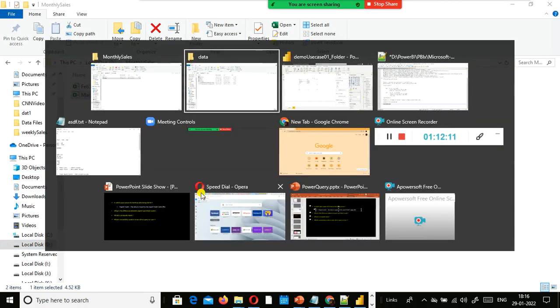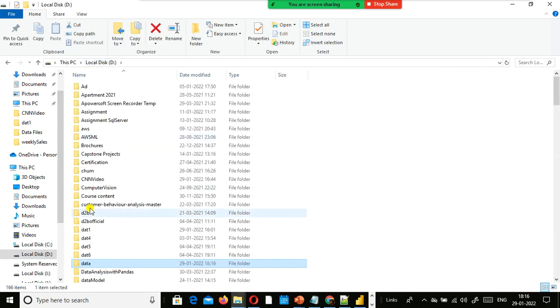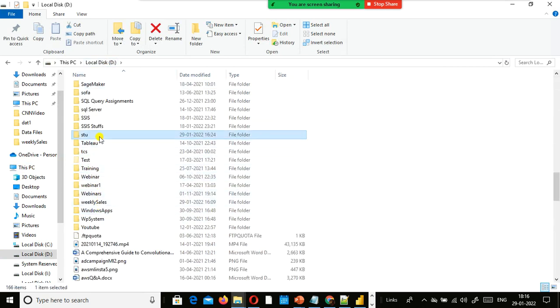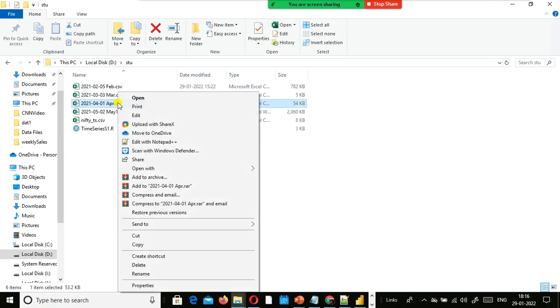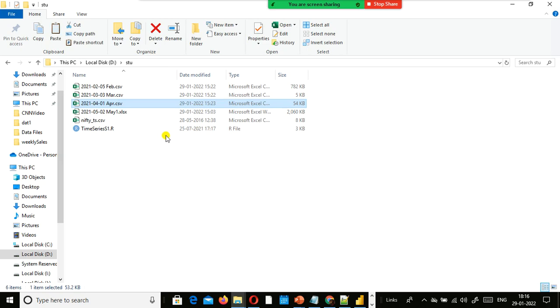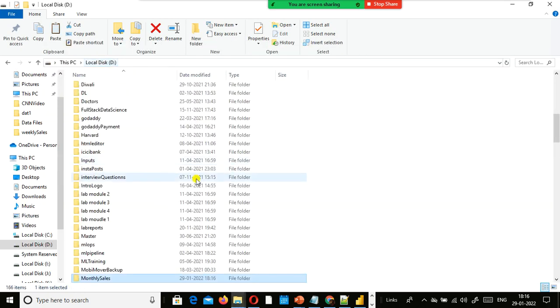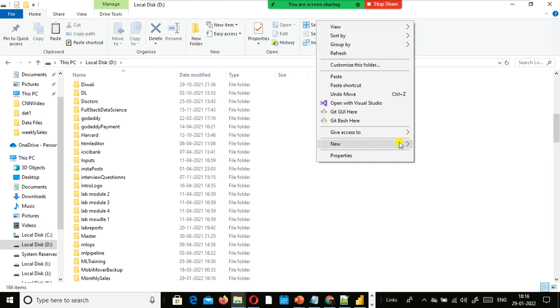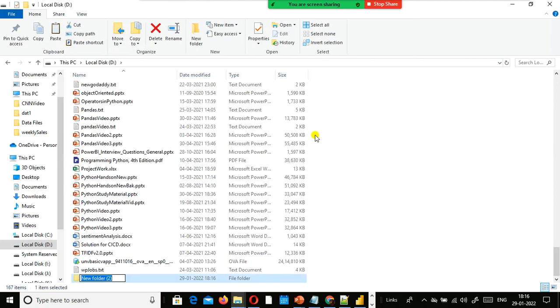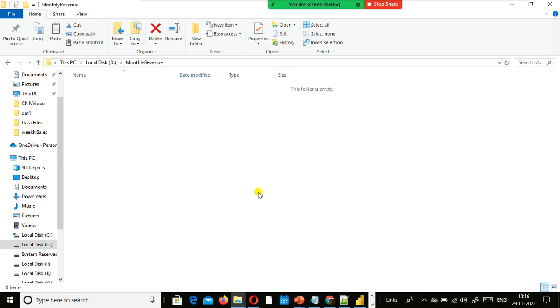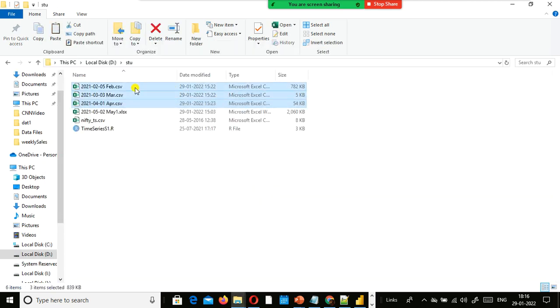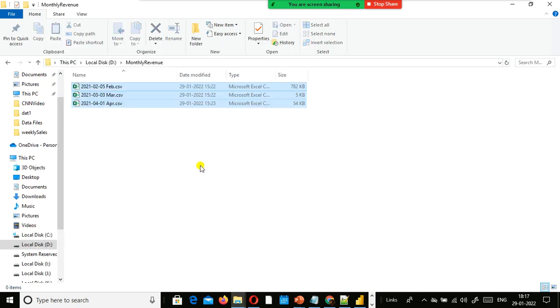I just go to another folder, and I have some other folder here. The formatting has been done correctly. To demonstrate this, I'm going to use some other folder, some meaningful folder. Let's not disturb this one. Monthly revenue, something like that. In this folder, in the interest of time, I copy paste this. So all these files have the same data in it.